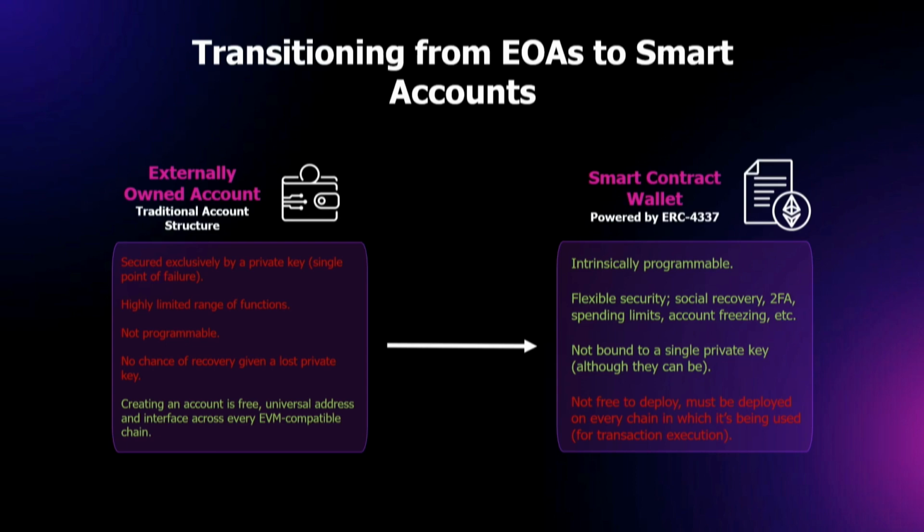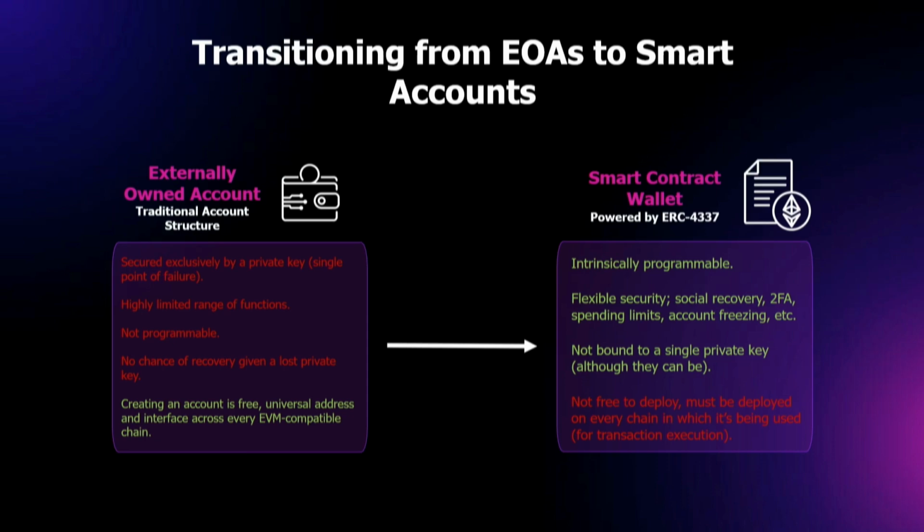The first is that externally owned accounts, which is probably what most of you use when it comes to MetaMask or any other typical wallet, are secured by single points of failure, so private keys. As soon as your private key or seed phrase gets leaked, the control over your account is also revoked. It's given to whoever took your private key. This is a pretty major issue for a lot of reasons, and as a result, we see a lot of breaches and loss of funds, specifically through the loss of private keys today.